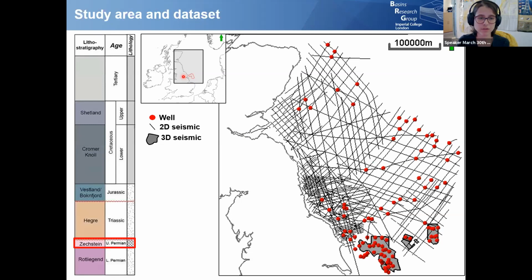In this case study, we looked into the Zechstein supergroup from the upper Permian in the UK continental